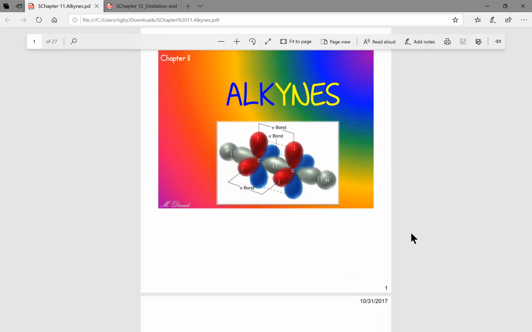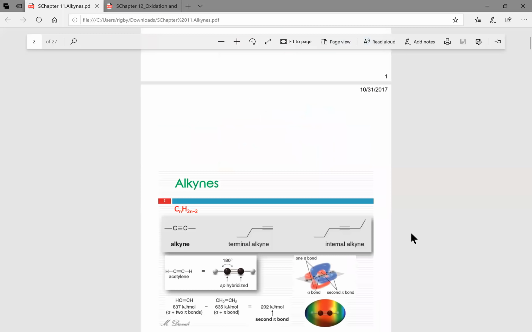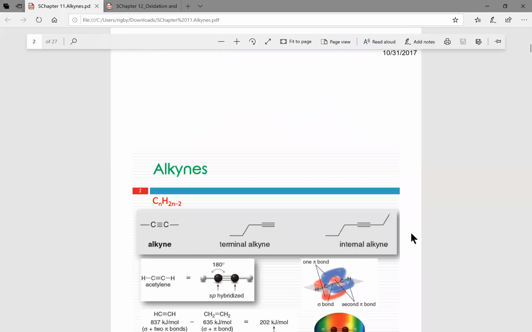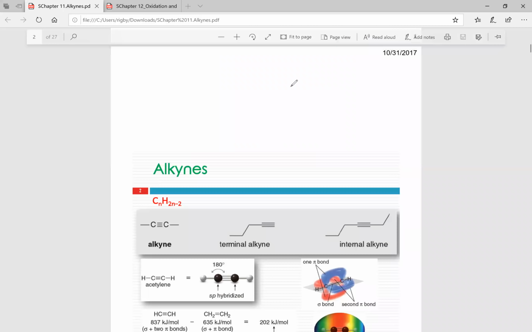So let's first talk about what alkynes are. So essentially what they are is, when we talked about alkenes, those were carbon-carbon double bonds. Alkynes are carbon-carbon triple bonds. So let me draw the differences. So we have